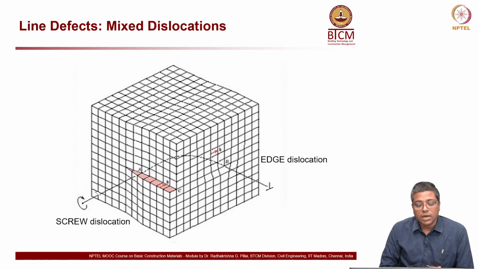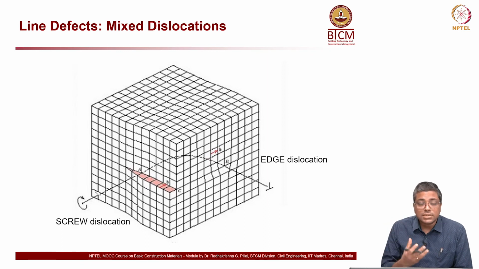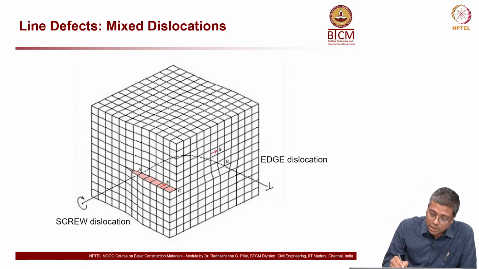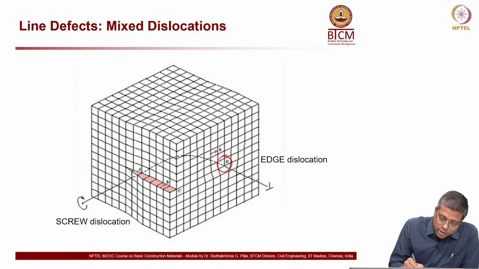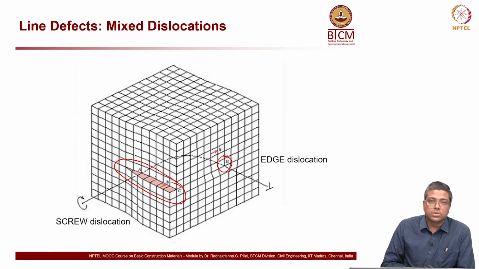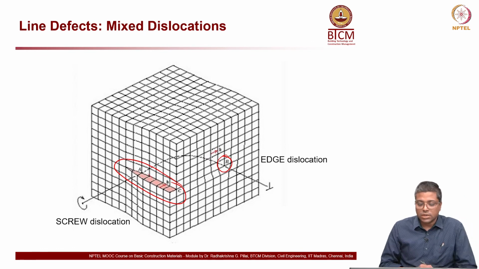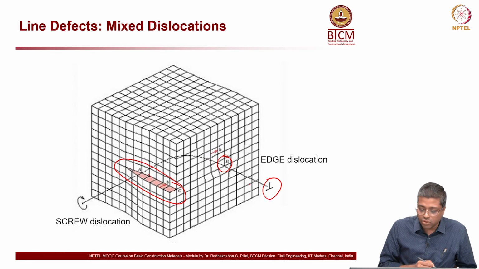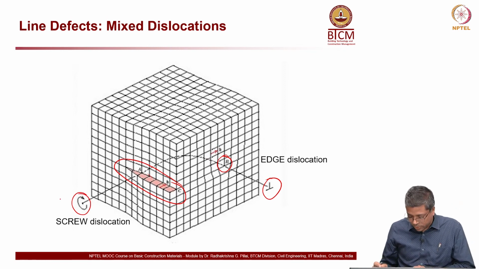There are also cases, and in reality most of the time this is what you will see, of mixed dislocation. So, when you take a material system, you might see both edge and screw dislocation. Here you can see at this point B written here you have edge dislocation, and over here you have screw dislocation. So, you can see this portion is getting torn here and this portion gets slipping. This is the notation for edge dislocation, indicating the perpendicular sign, and then this is the rotation angle.